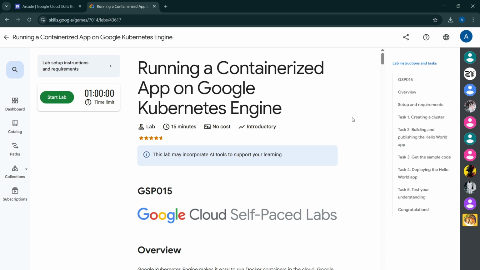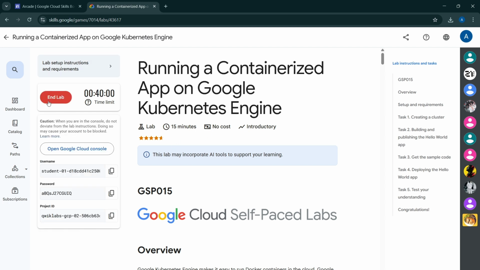वेलकम बैक टू कोड टू कॉर्टेक्स। आज हम करने वाले हैं रनिंग अ कंटेनराइज्ड ऐप ऑन गूगल कुबरनेट्स इंजन लैब। सो लेट्स क्लिक स्टार्ट लैब। क्लिक कर रहा था तो हमने इस वेबसाइट को रीलोड किया एंड देन वी अगेन क्लिक स्टार्ट लैब एंड लैब स्टार्ट होती है। नाउ ओपन इट इनकॉग्निटो विंडो।